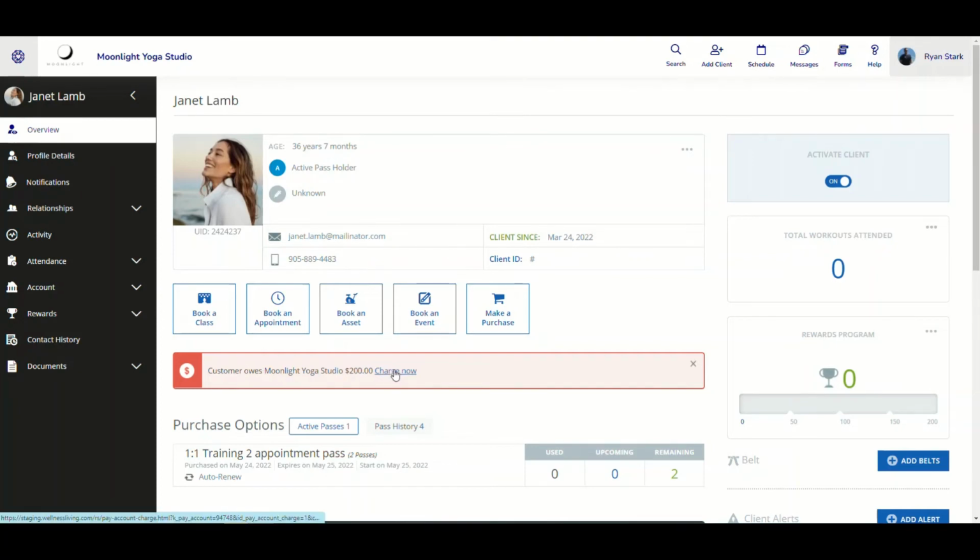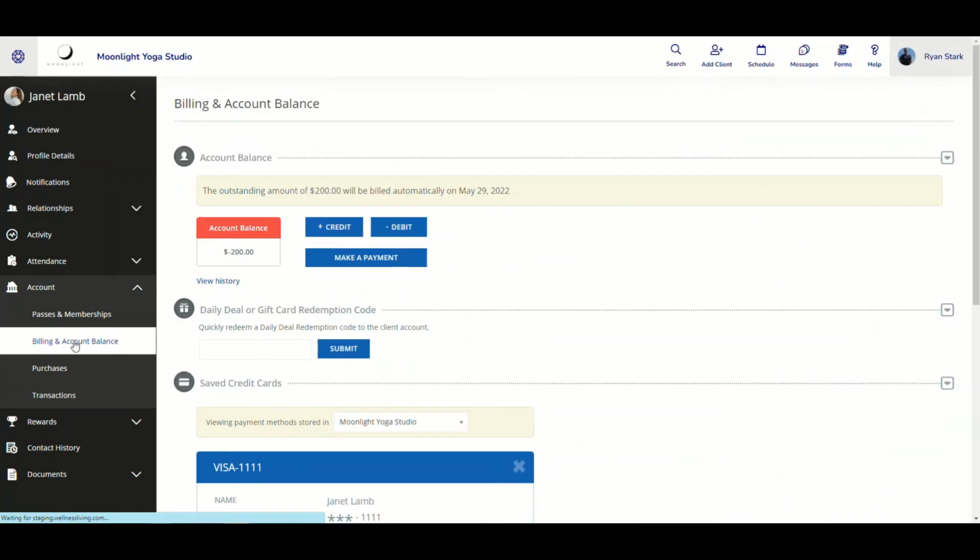Of course, we could click there where it says charge now, but additionally, what we could also do is go to account, click for the drop down, and then go to billing and account balance and click there. Once I click there, underneath account balance, we can see that amount that is owing, which is the $200. And because of the settings that we went into at the start of this video and enabled,